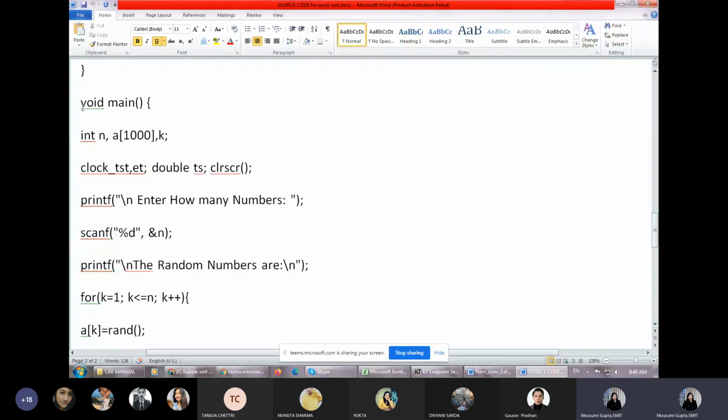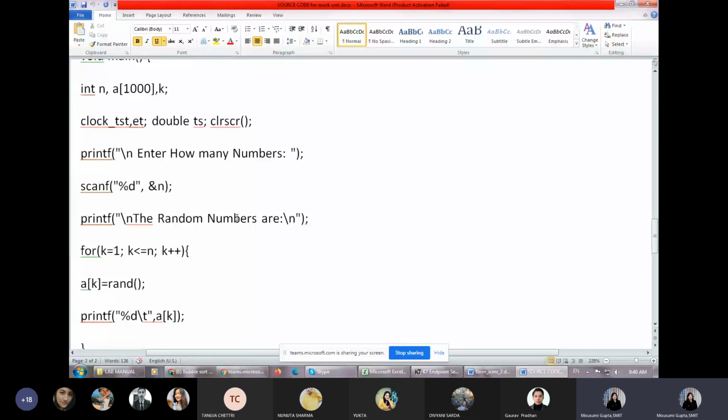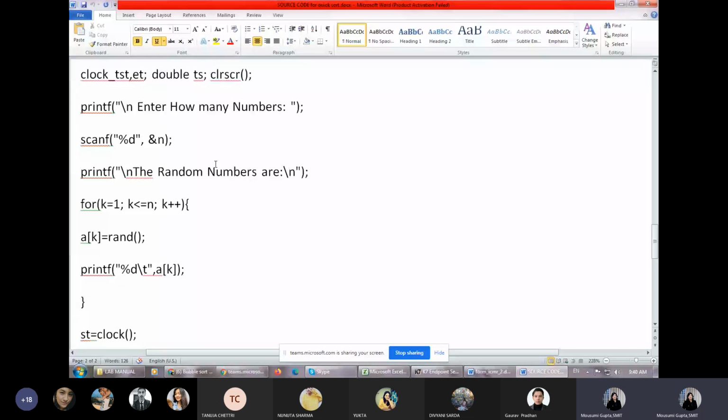In the main function we are taking an array and two integers, and we have taken the clock, to start the stopwatch and to end the stopwatch. Then we take how many numbers we are generating, and by using the rand function in C, we are generating some random numbers.